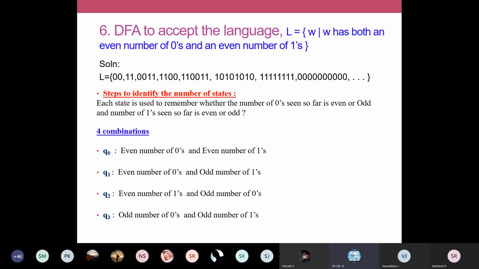So if you are designing a DFA, that DFA must accept strings like 0, 0. Even if there are no ones, your DFA should accept that. Like that, we have to design a DFA. Similarly, if I am having 1, 1, let's take the second string. The number of ones is 2. The number of zeros is 0. It is also a valid string. This string also must be accepted by your DFA.